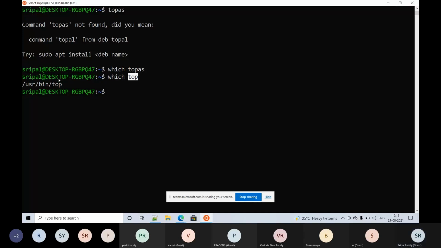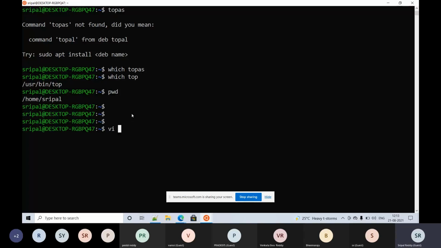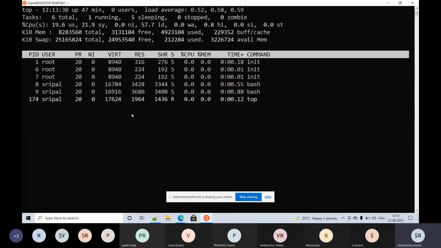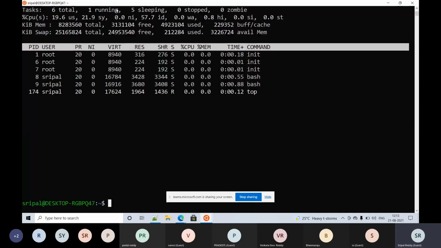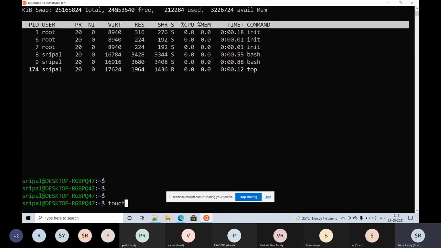Think about this: somebody by mistake created a file called top. So when you hit top, that program will get executed. Let me show you this. Pwd. I'm creating a command file with the top command. Before that, let me show you what top is. Top will give us this output. I'll explain this output later. But let me create one file with the name top.